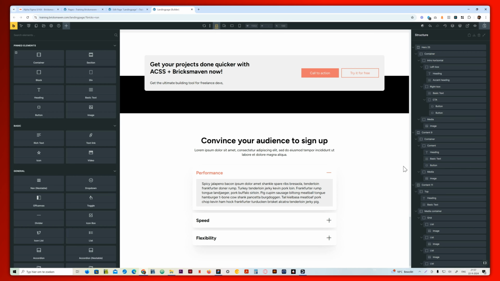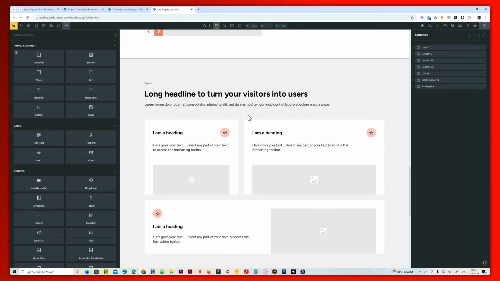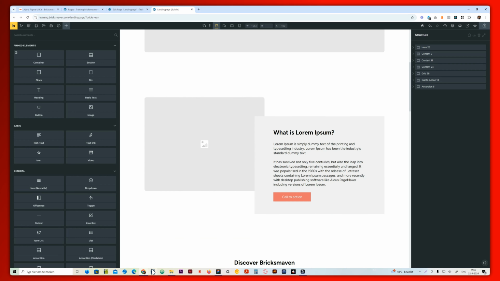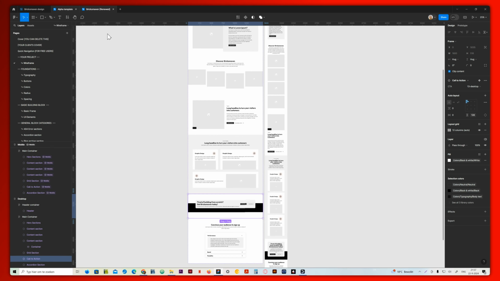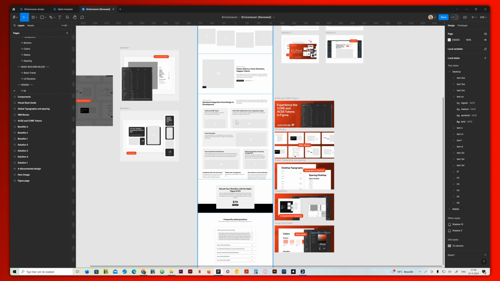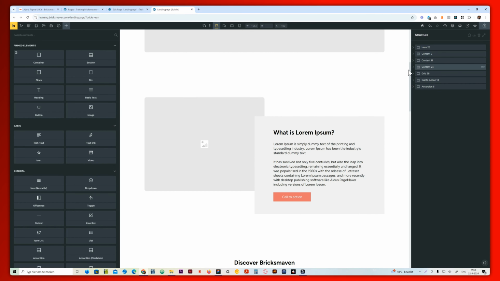What I would need to do now is, I always like to rename the names, so I'll rename them according to how I've set up my copy. I'm using the StoryBrand framework of Dan Miller, and I just put in the names of the sections. Obviously there were some tweaks made, because if you look at the original design here, I made some tweaks, especially to this section. I flipped these two sections because if we go back to Bricks,